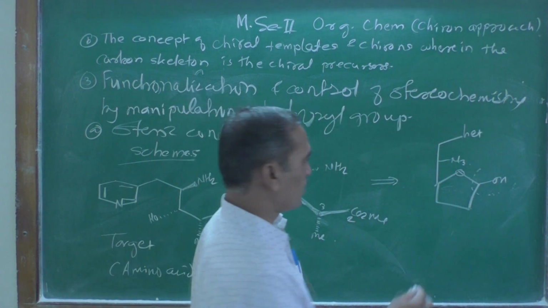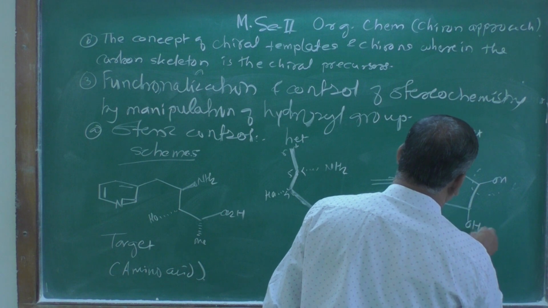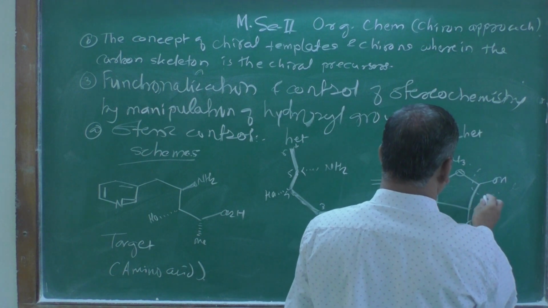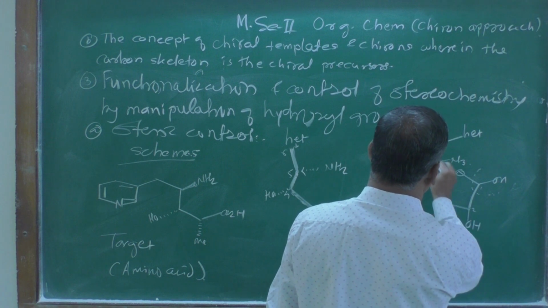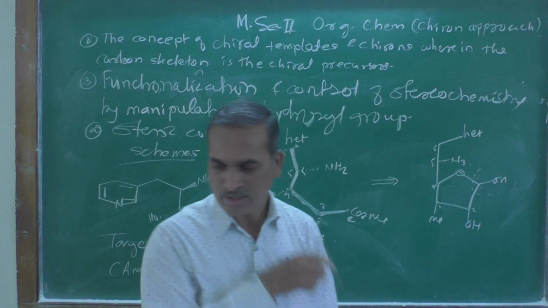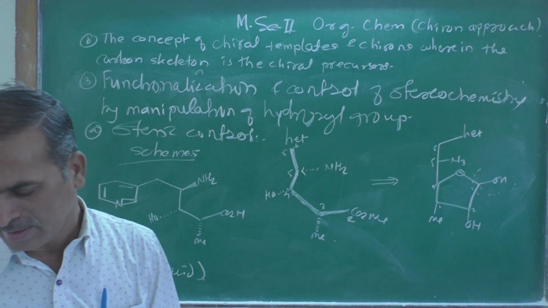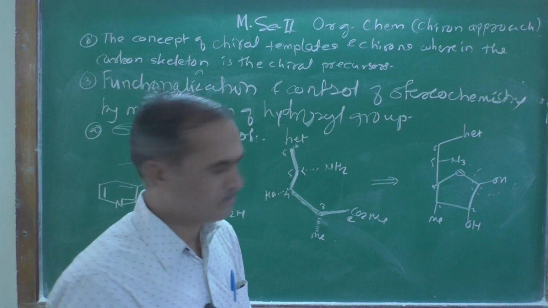This is OH, and here must be an AMe. So starting from here 1, 2, 3, 4, 5 and 6 carbon atoms over there, and this can be